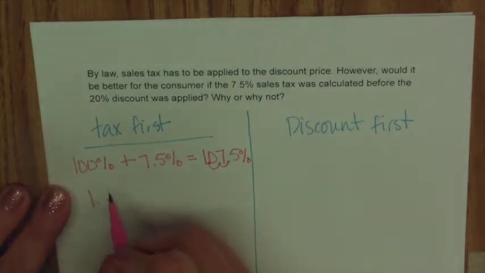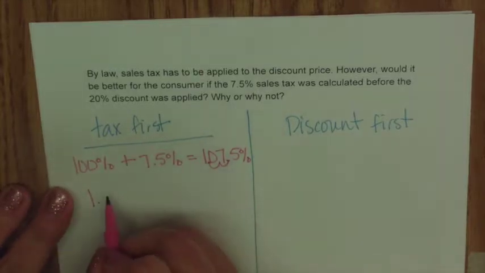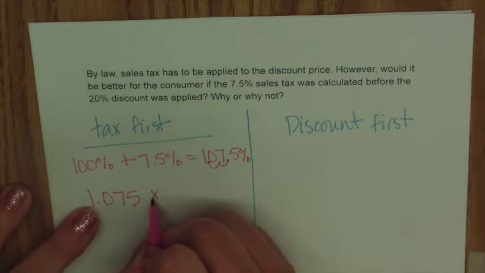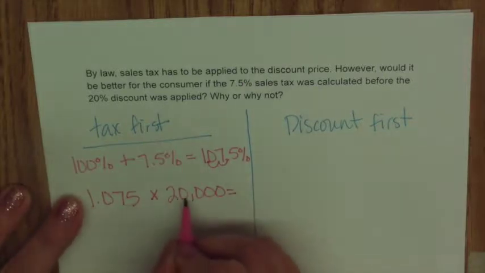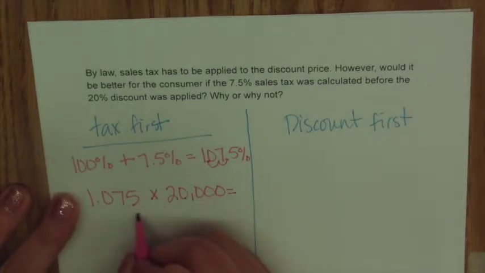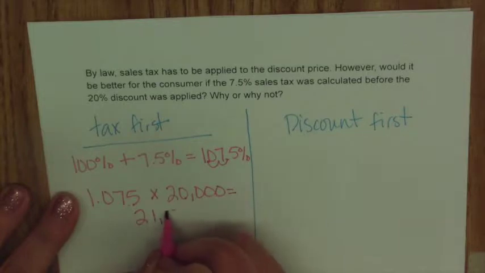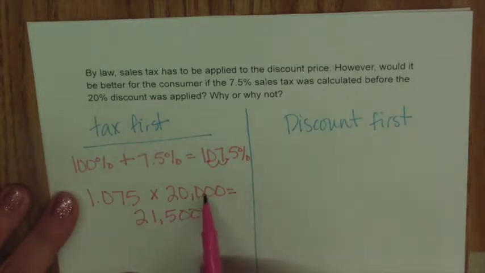So we're going to take the percentage as a decimal, 1.075, and we're going to multiply it by the original cost of the car, which was $20,000. When we multiply these, we should get something larger, and we get $21,500. So if we buy this car at the original price and pay the 7.5% sales tax, we would end up paying